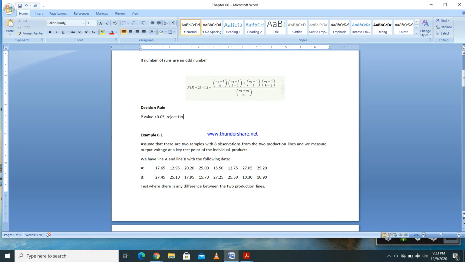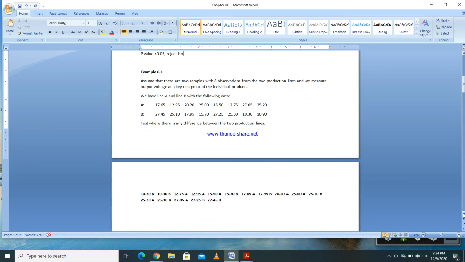Now, as the first step, when you have two samples like this, what you have to do is you have to combine both samples and arrange them in ascending order. That would be the first step, right? Arrange them in ascending order. So you can see I have taken the values, from each sample I have 8 values, so altogether I have 16 observations. I have put all the 16 observations together and I have arranged them in ascending